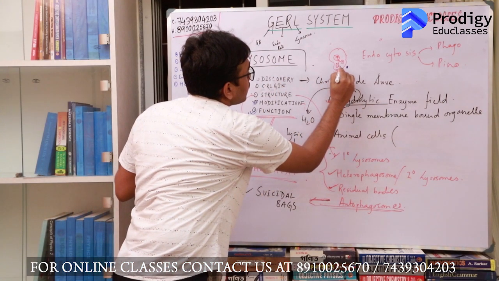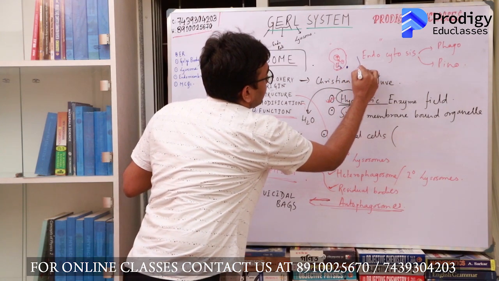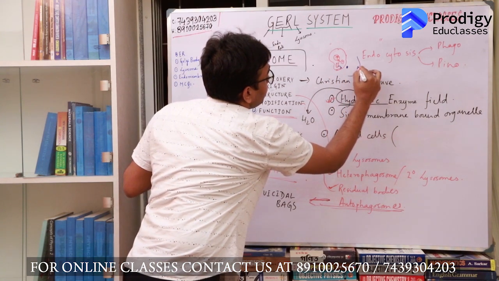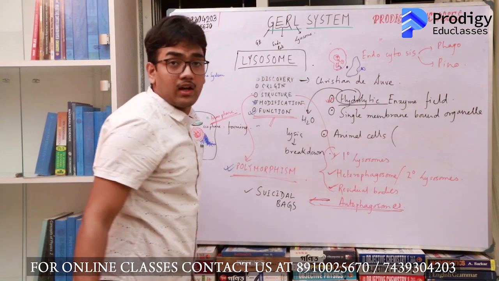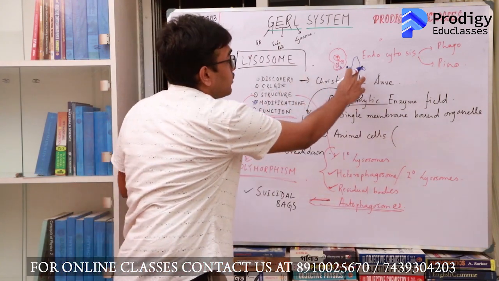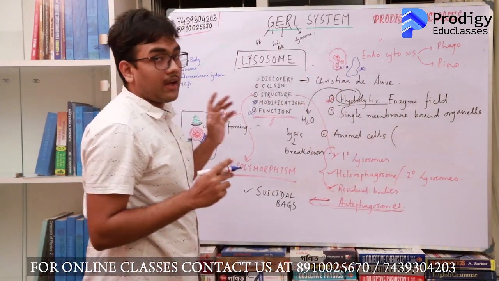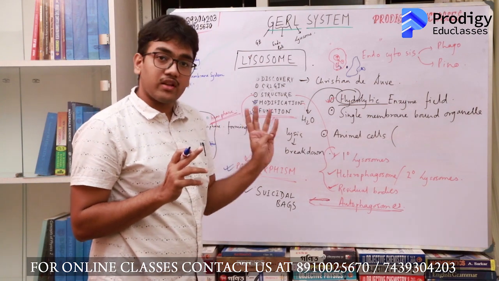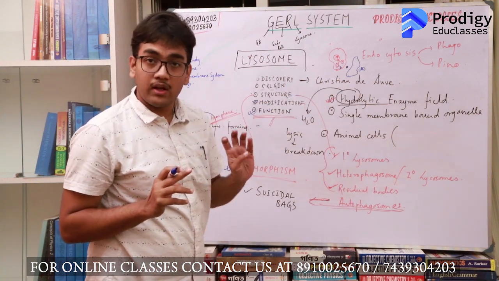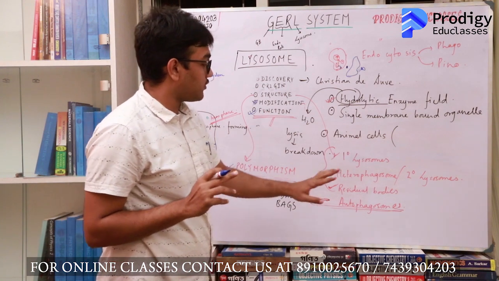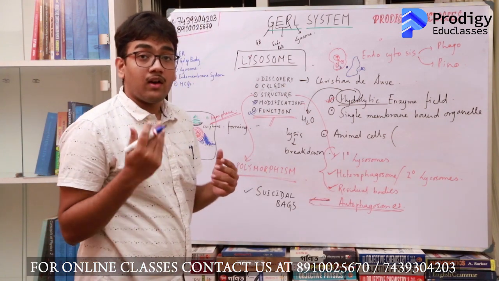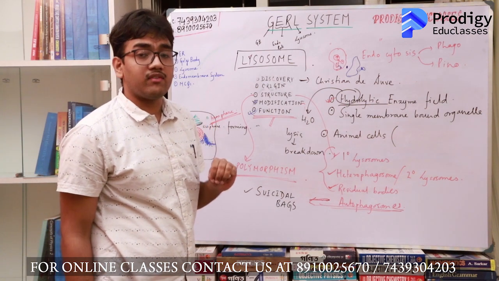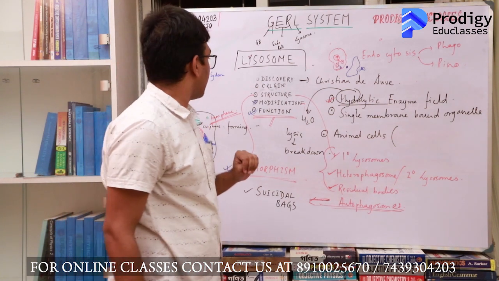It brings this lysosome close to the membrane, whereby the lysosome will fuse with the cell membrane and it will release its enzymes outside, and this substance will be broken down. So this is breakdown of this product outside the cell. Hence the lysosome takes part in intracellular and extracellular digestion. Another function of the lysosome is what the autophagosomes does, that is, it takes part in autodigestion. So these are the three main functions of lysosomes that you need to remember.